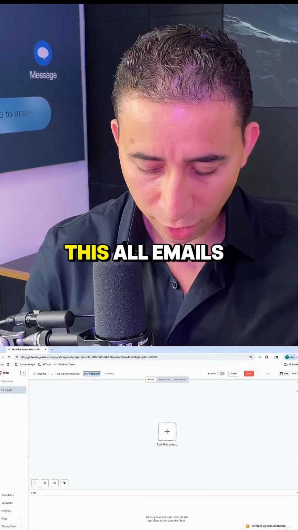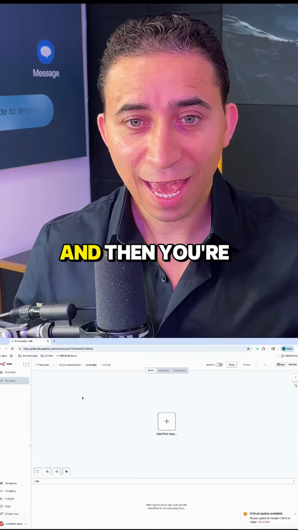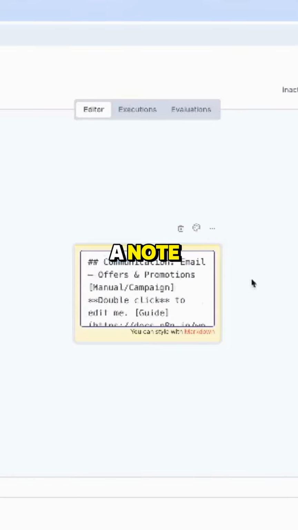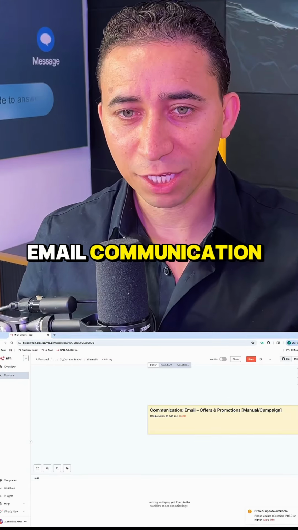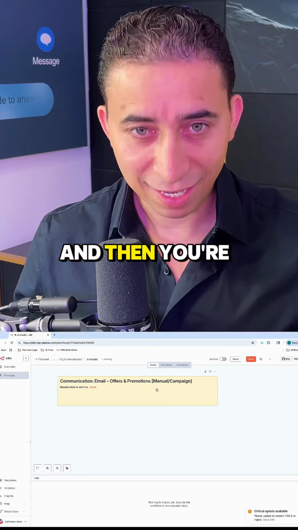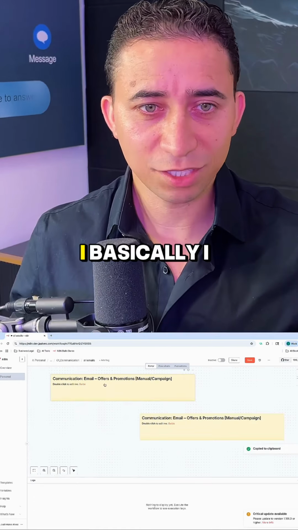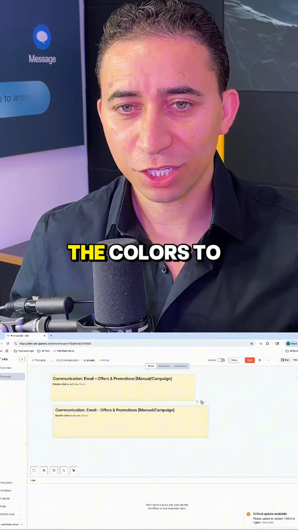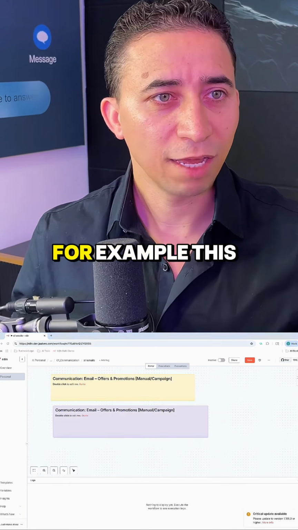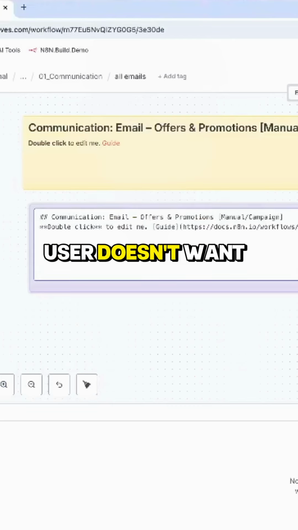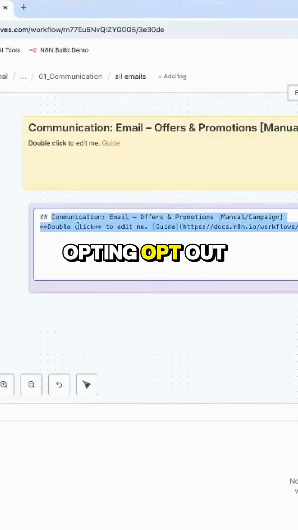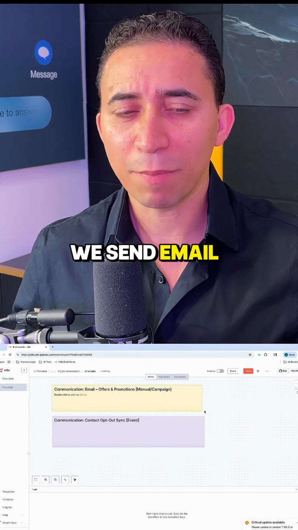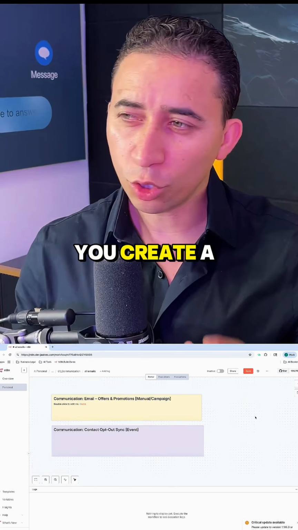For example, you can create all this email communication, and then you're going to create, for example, something like this, a note. You're going to put one of those email communications, like for example here. And then you're going to create another note. Basically, I just copy and paste. And then here, you're going to change the colors to put all automation. For example, this one's going to be about a user who doesn't want to receive email communication, opt-in, opt-out, we send them confirmation. So all those kinds of communication, we send email. But then I want to get your feedback. You create a workflow for